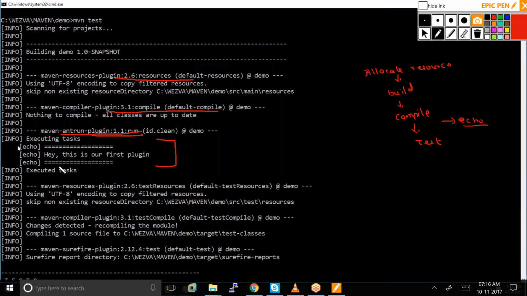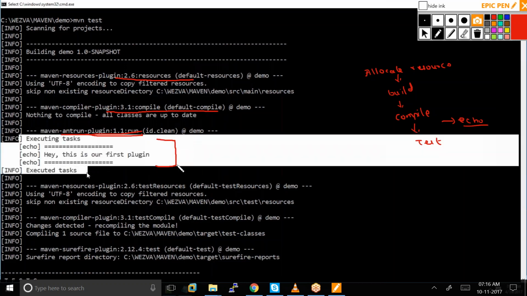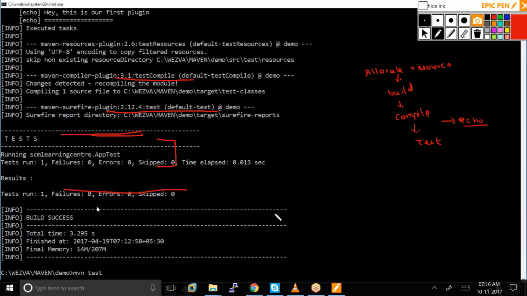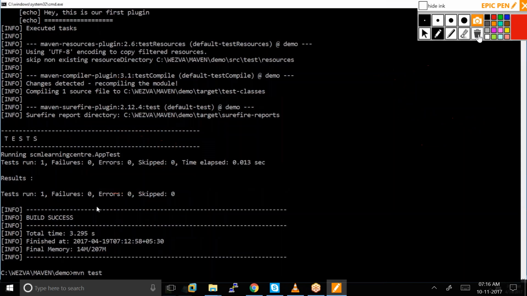Then the command that is associated with this plugin is executed successfully. After that, it will start the default test plugins, and it will get the final output. Okay. So this is the way by which we need to attach a plugin,